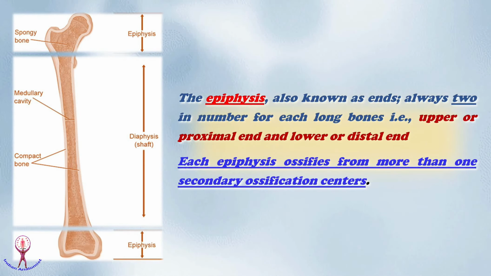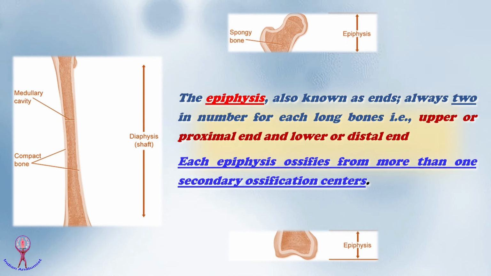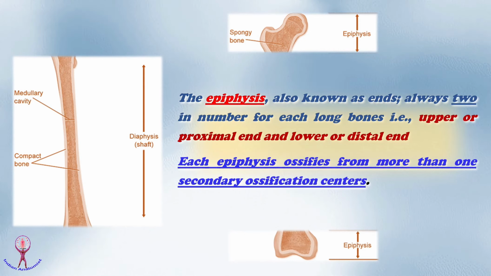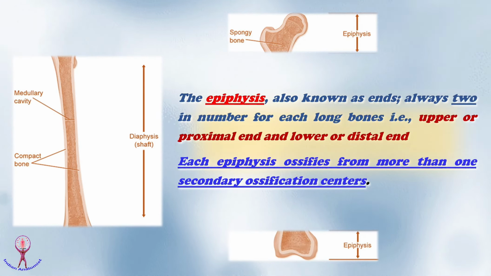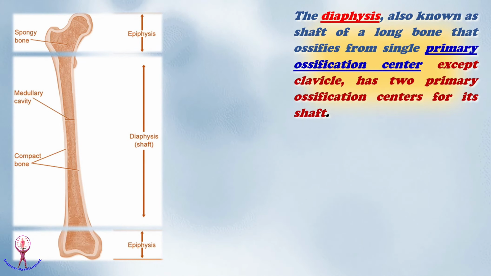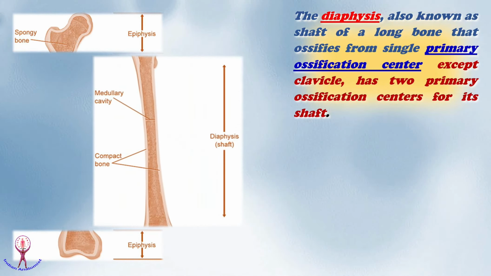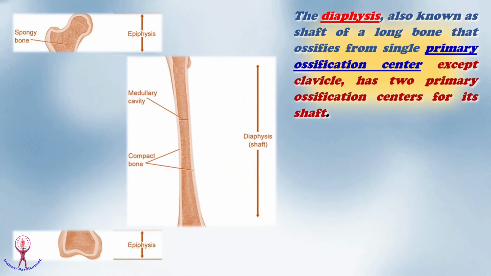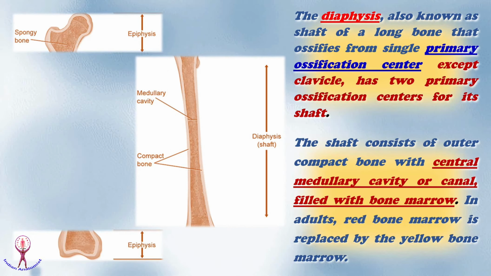Now, what is epiphysis? The epiphysis, also known as the ends, is always 2 in number for each long bone, that is, the upper or proximal end, and the lower or distal end. Each epiphysis ossifies from more than one secondary ossification center. The diaphysis, also known as the shaft of a long bone. It ossifies from a single primary ossification center,